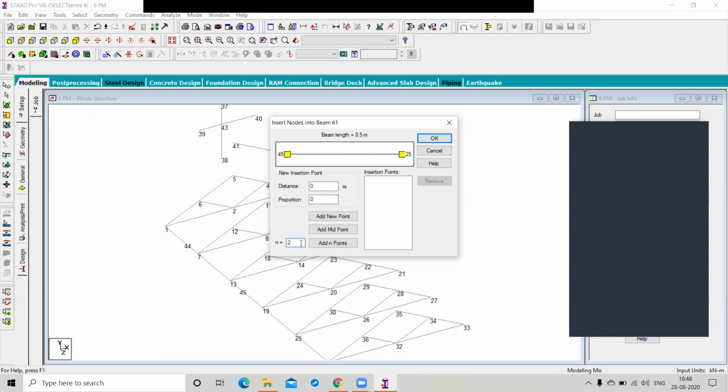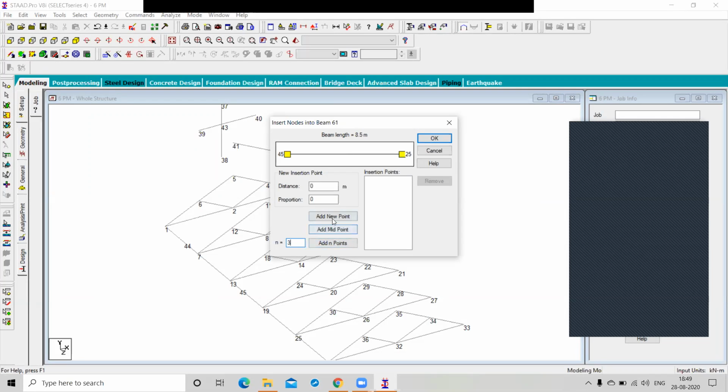How many nodes do you want to insert here? 2 is the default number, and the minimum is 2. You can enter 3, 4, as you want. So add 3 and click on the particular option, add endpoints.